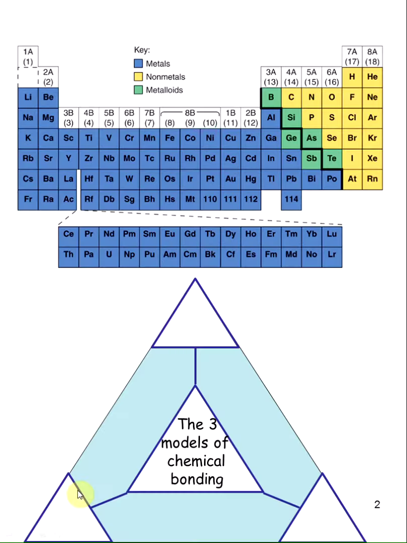So we want to review the three types of chemical bonding. And if you remember, the three types of chemical bonding are ionic, and then there's metallic, and then there's covalent. So we're going to review all of those three types of bonding. So I first want to focus on